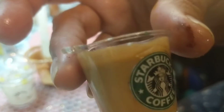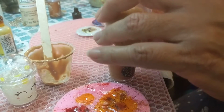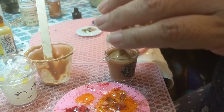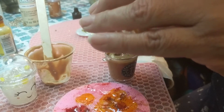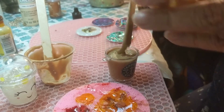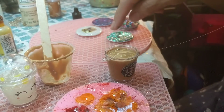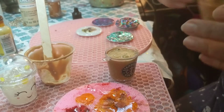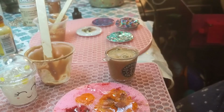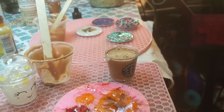So I do see that my edges are looking really thin, so I'm going to go ahead and add some more here. I wound up not doing the tops to my foam grips. I'll do that with some new epoxy because I didn't like how thick this epoxy was. If your epoxy gets too thick, it's hard to do the tops on these foam grips, so it's better just to have a new mixture. So you're just going to let that sit, and after it sits and dries, then you put your white,